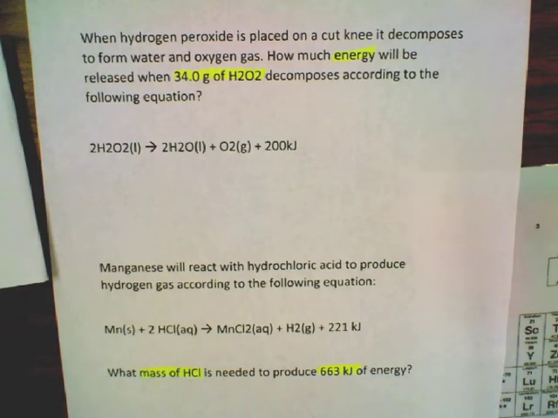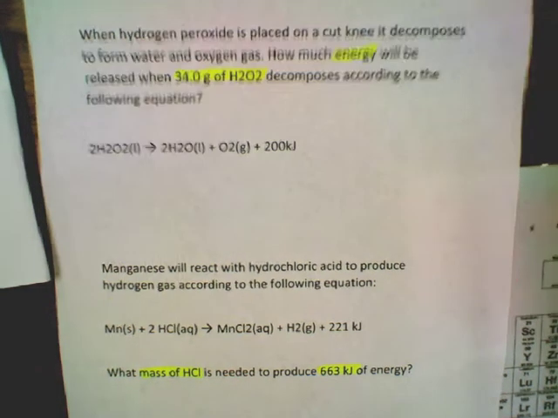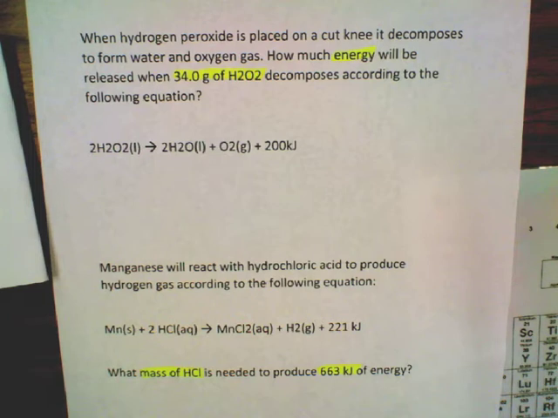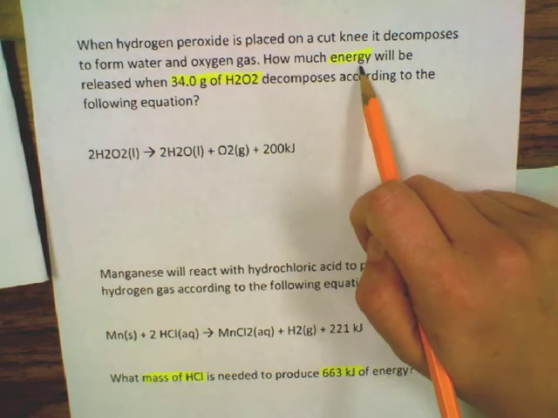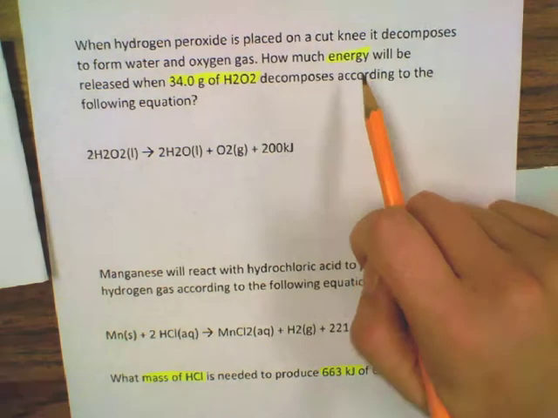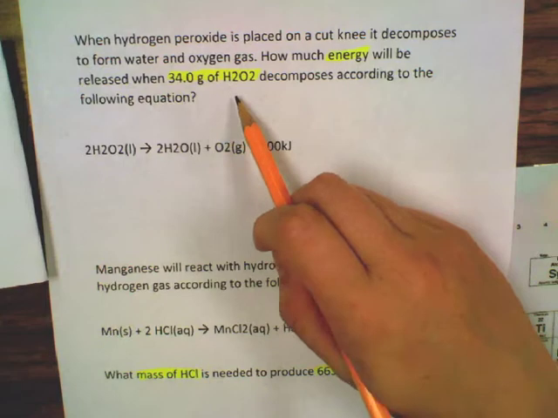The following is an alternative method to solving thermochemical equations. First question reads, when hydrogen peroxide is placed on a cut knee, it decomposes to form water and oxygen gas. How much energy, so we're looking for the amount of energy, will be released when 34 grams of hydrogen peroxide